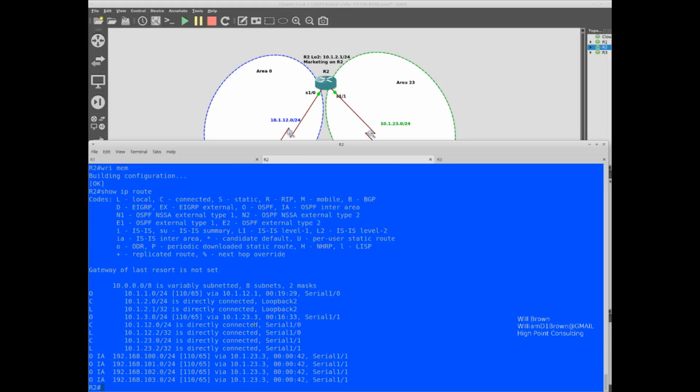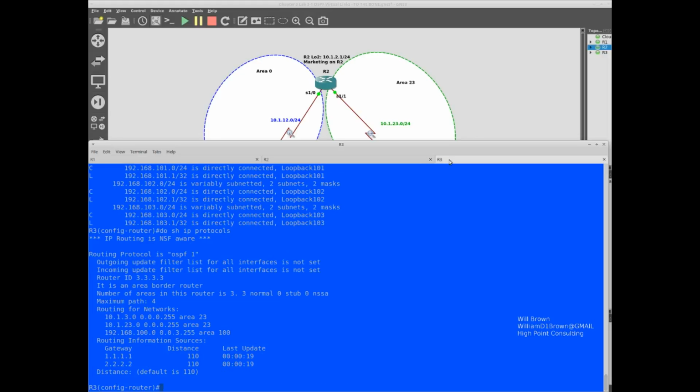However, now we're seeing OSPF inter-area routes. We see those 100, 101, 102, and 103, and we'll also note those are coming in because of the virtual link.